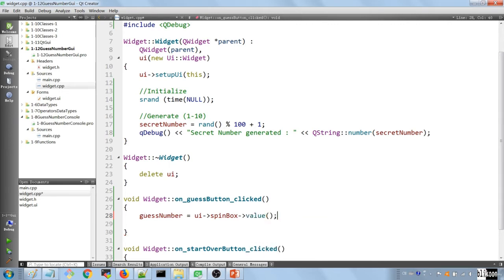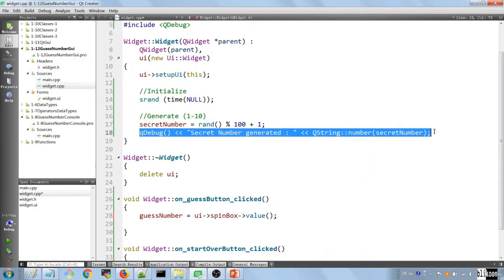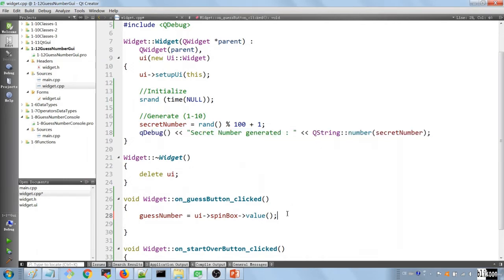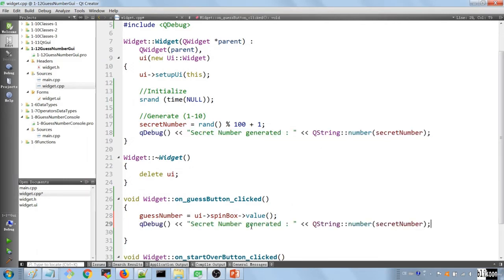Okay, and right now we have the number that the user has chosen. If you want to prove this, we can debug output this so that you can see it. Okay, we're going to say the guess number is